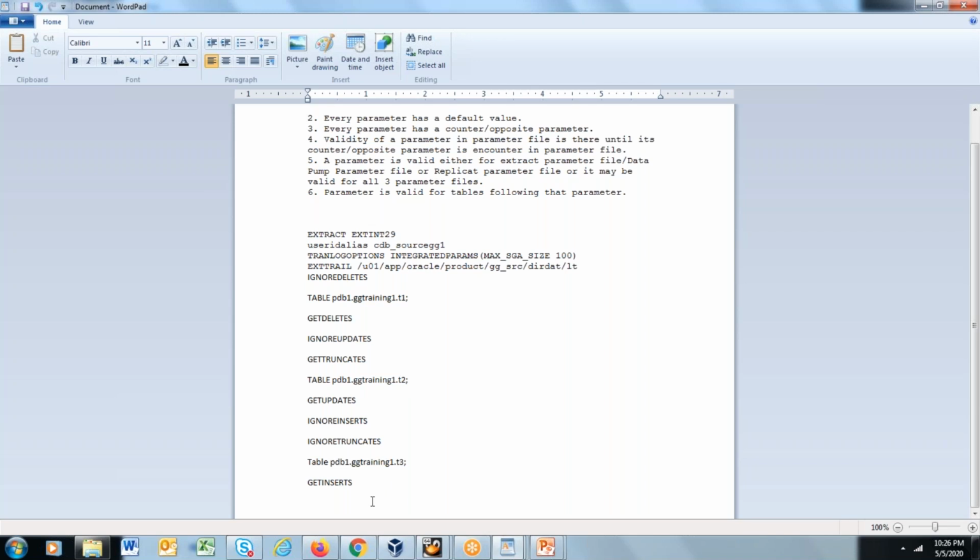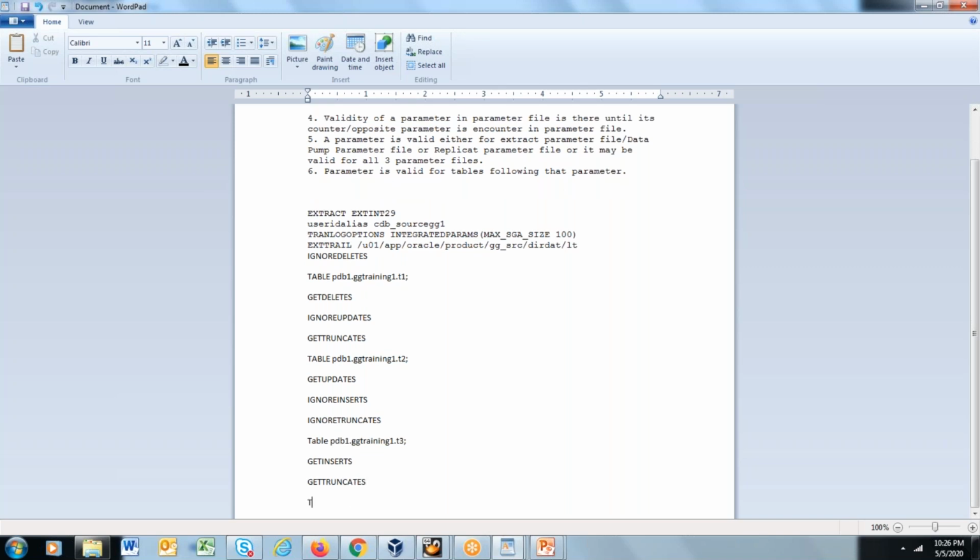And last, truncates. You need to mention get truncates, because we have ignore truncates. So to nullify the effect of ignore truncates, I will use the parameter get truncates. And then I give table pdb1.ggtraining1